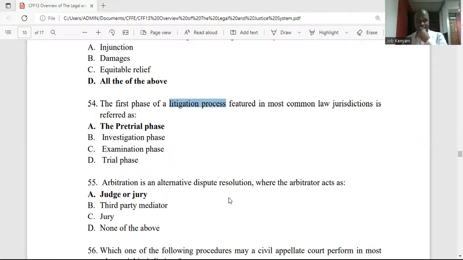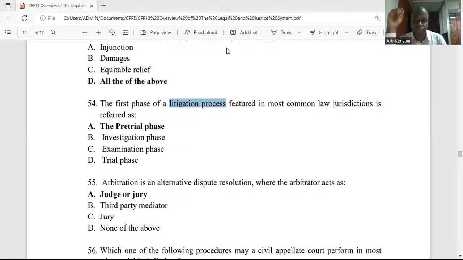So maybe I could ask, which one do you think will actually be the first one under a civil law jurisdiction? So who can try? That one is very simple. It's not very complicated. Investigation will be the first phase, because